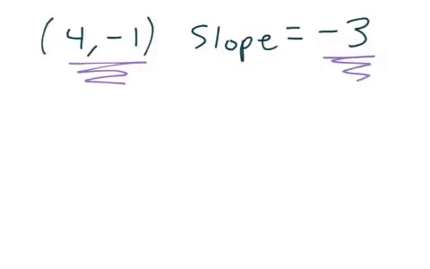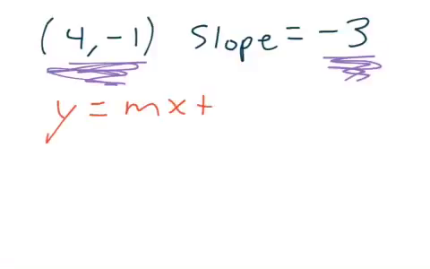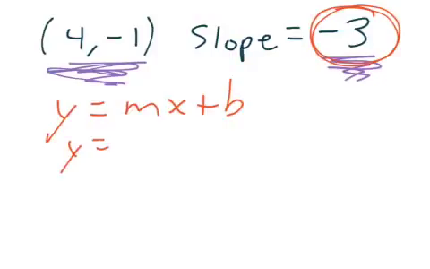Well, the whole point here is I want to know the equation of the line that goes through this point right here with the slope of -3. And here is how it's done. First of all, we all know y equals mx plus b. And of course, right here, we're given the m, the slope. Well, so that means we really have y equals